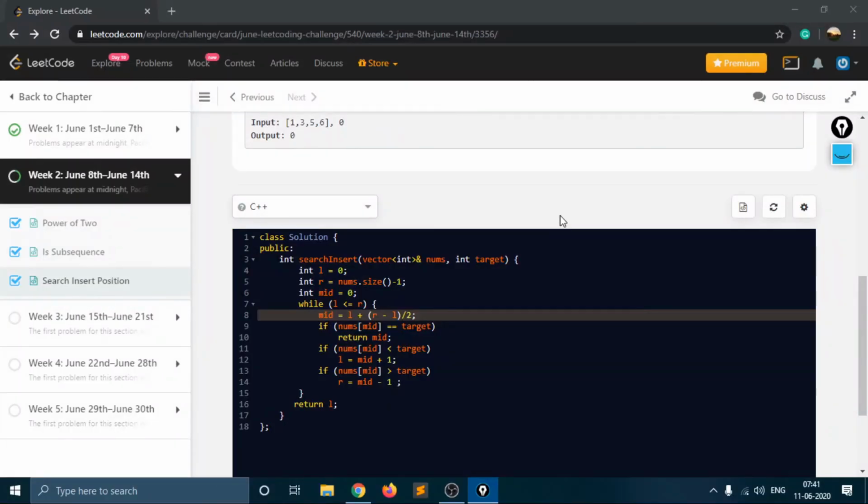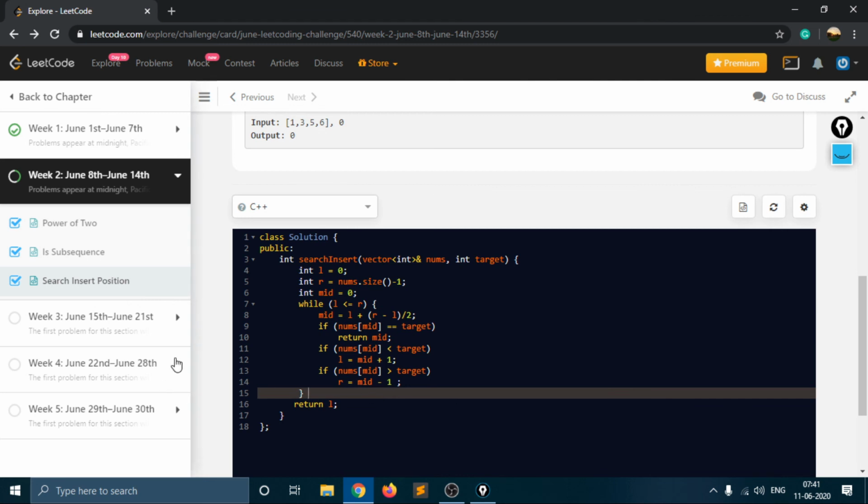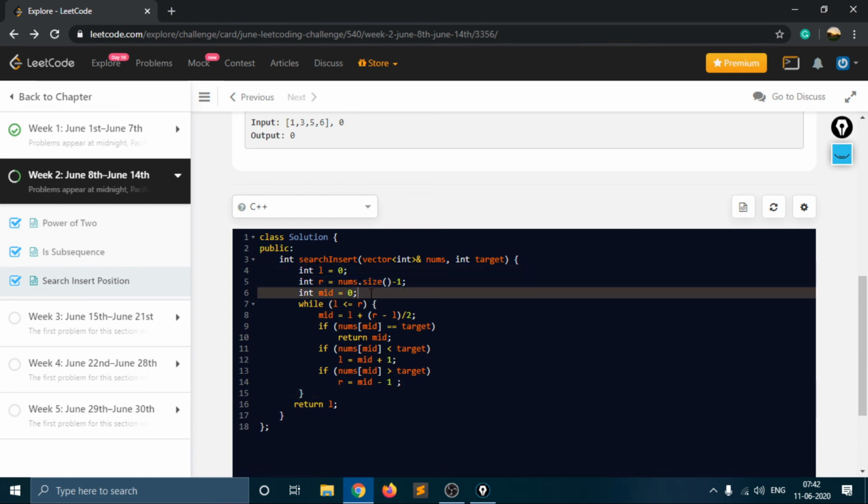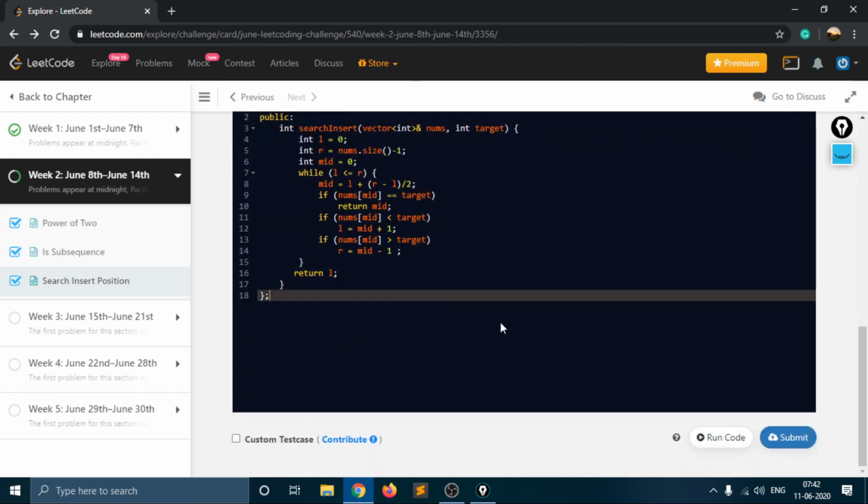So now let's see the code. So the code is this. In this, we have first initialized L, then R, then we have initialized the mid value to 0. Here we find the mid using the second formula, and then here I have checked the first condition. If it is true, then I have returned the value. If it is less than, then I have incremented L, and if it is greater than, then I have decremented R. So at the end I return L. Now if we submit the solution,